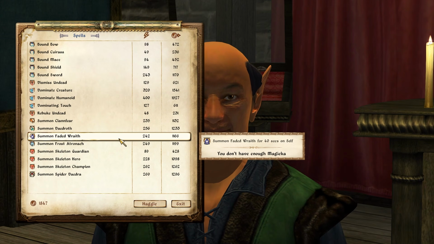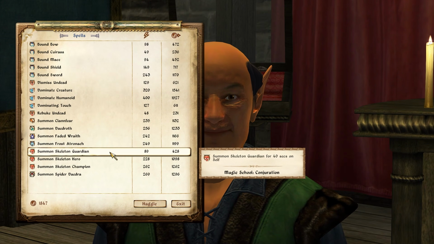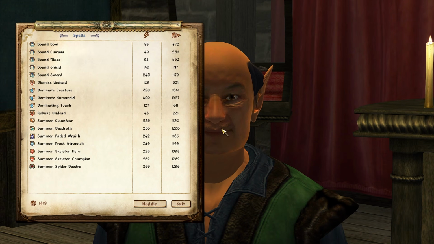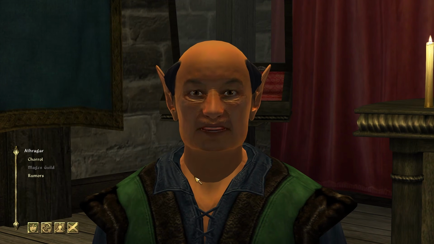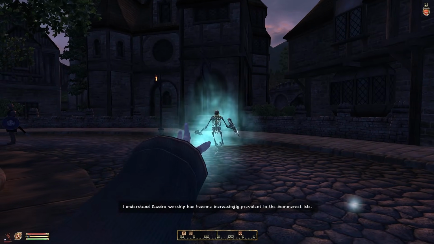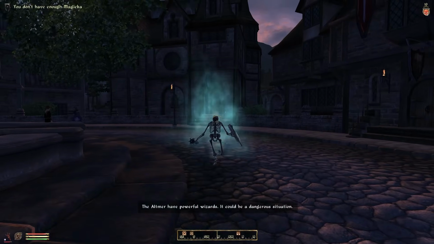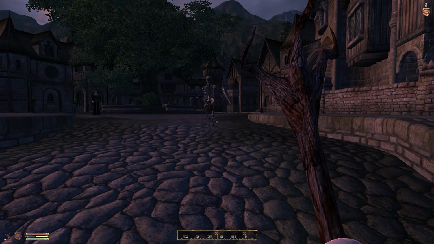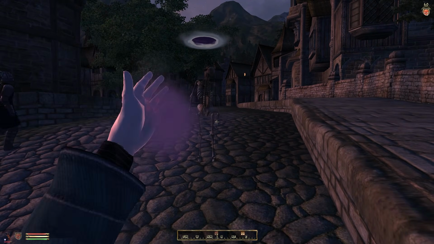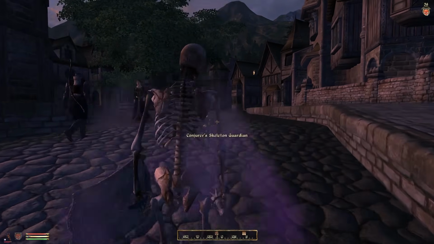This affords me enough gold to buy the Summon Daedroth spell, but I don't have enough magicka to cast it yet. Instead, I'll buy the Summon Skeleton Guardian spell. Again, I've never played a conjurer before, so I have no idea if this familiar is any good. We'll find out. Could be a dangerous situation. Is it a different skeleton each time, or...